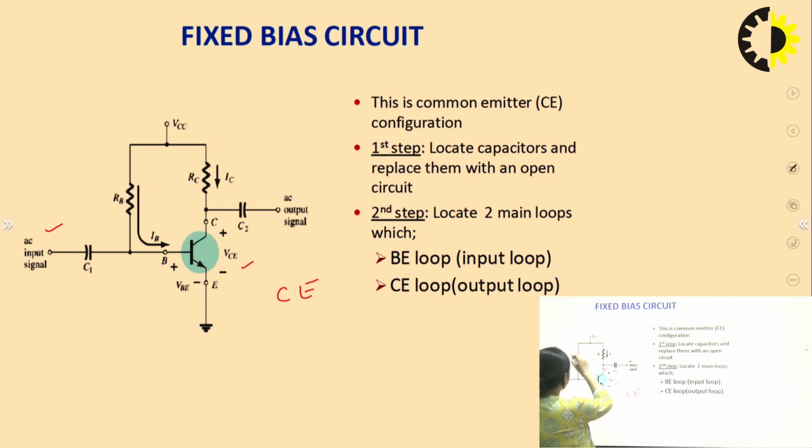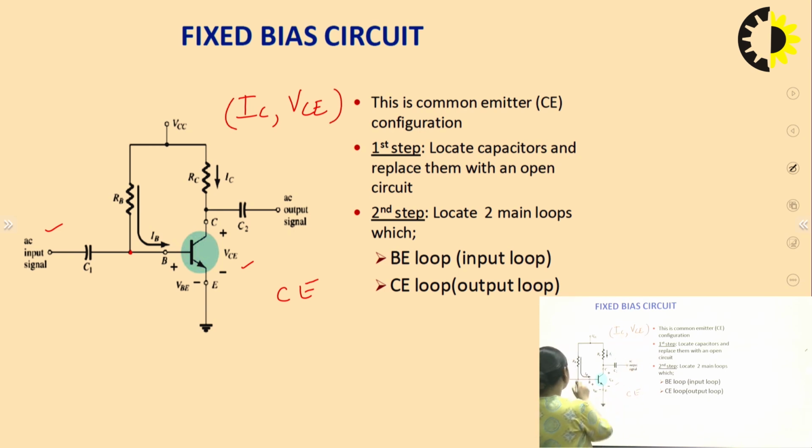Here the RB resistor is connected at the base with VCC, and that will fix a voltage at this base node. VBE is the minimum cut-in voltage for the emitter base junction to enter the forward bias region, so this VBE is fixed. By using this RB, we are going to fix the IC and VCE. IC and VCE are known as the operating point, the coordinates of the operating point.